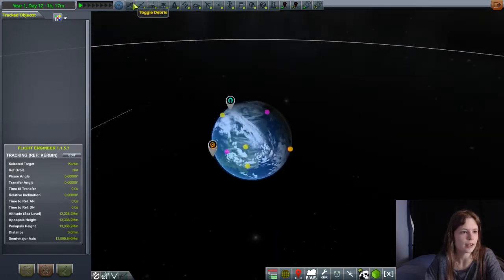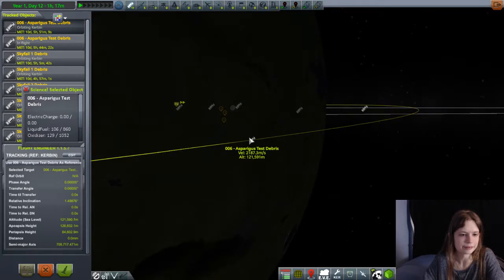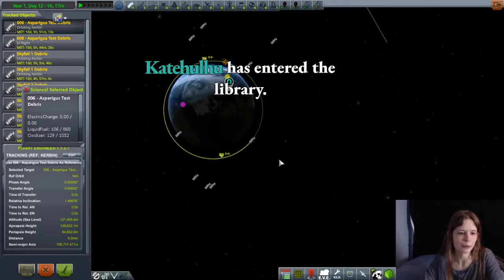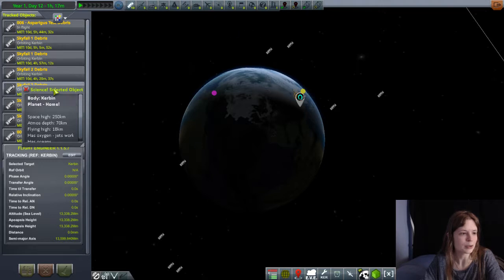Right, so, toggle debris. First up we've got asparagus testing debris. This is just in some stable orbit. That's kind of boring. We don't really need it here. We're just going to terminate it. We're doing this not because we need to, but because,